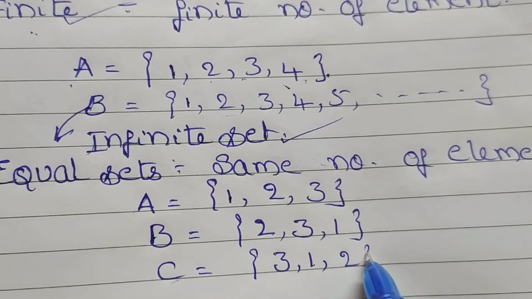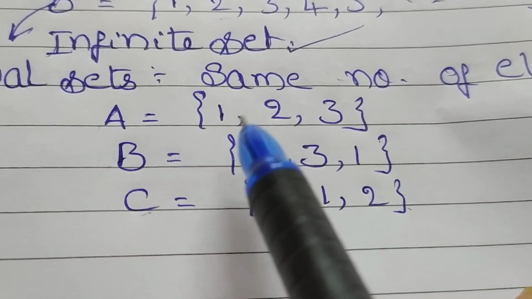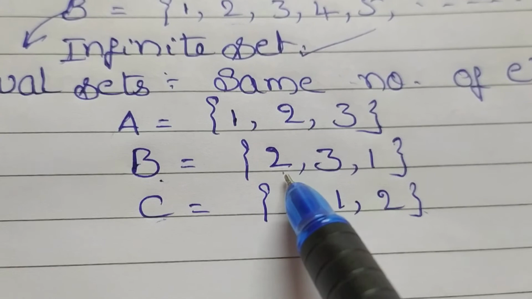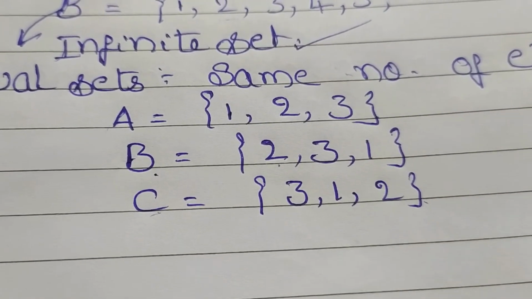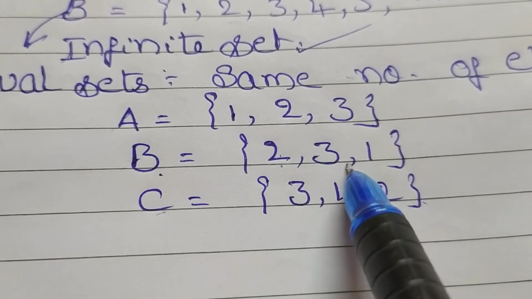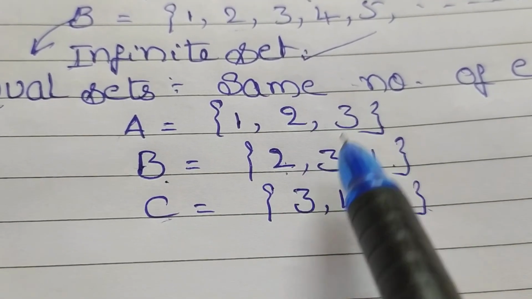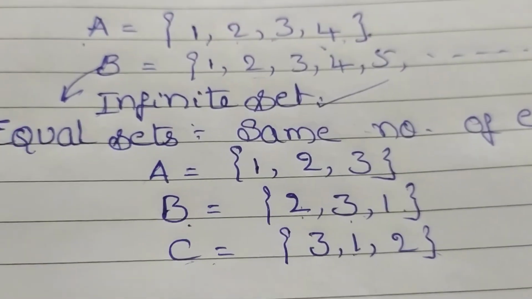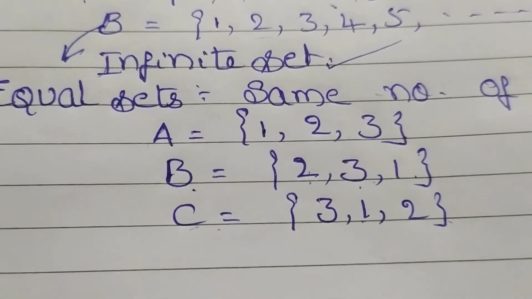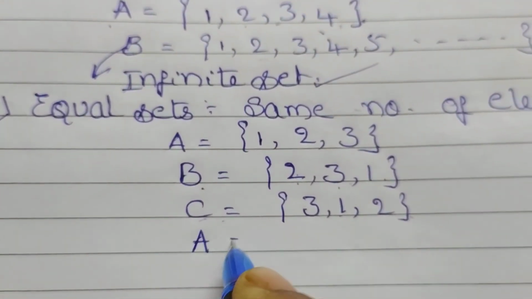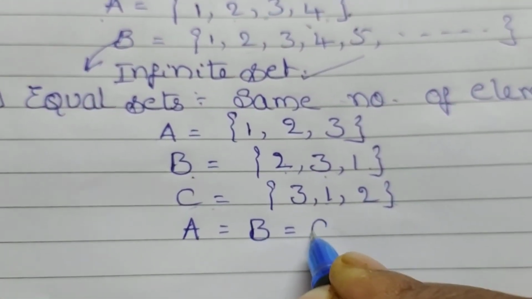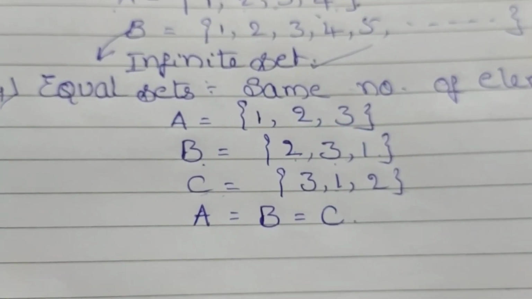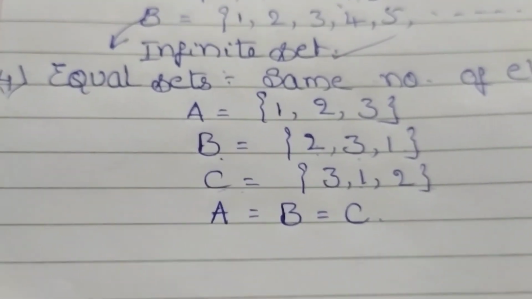See here, A is the set which contains the 3 elements 1, 2, 3. B is also a set which contains the same elements, but they are arranged in a different order, that's all. But the elements are the same here. See here, 1, 2, 3. Here also 1, 2, 3 are the elements. In C also 1, 2, 3. So then we can say that the given sets are equal sets. Equal sets, that is A equals B equals C. The same elements should be present in every set. Then only we can say that the given